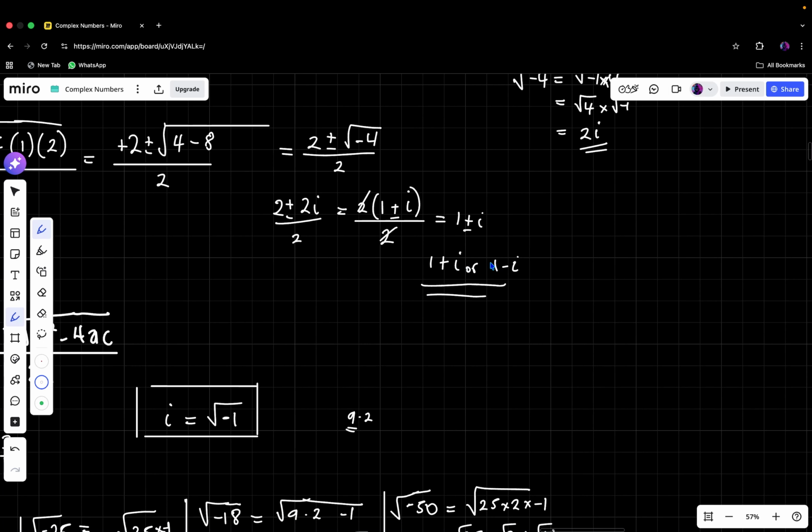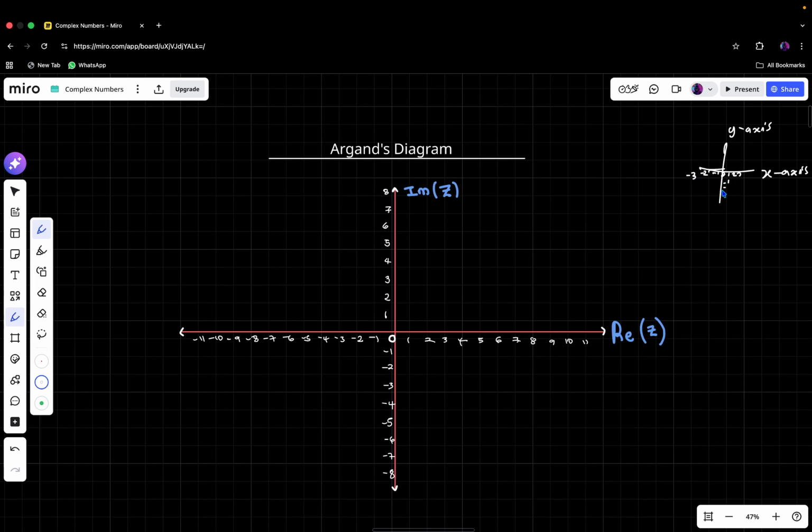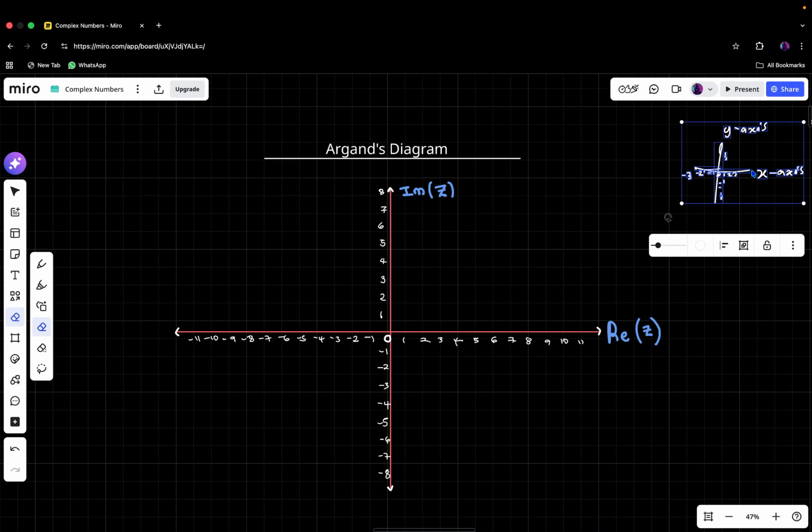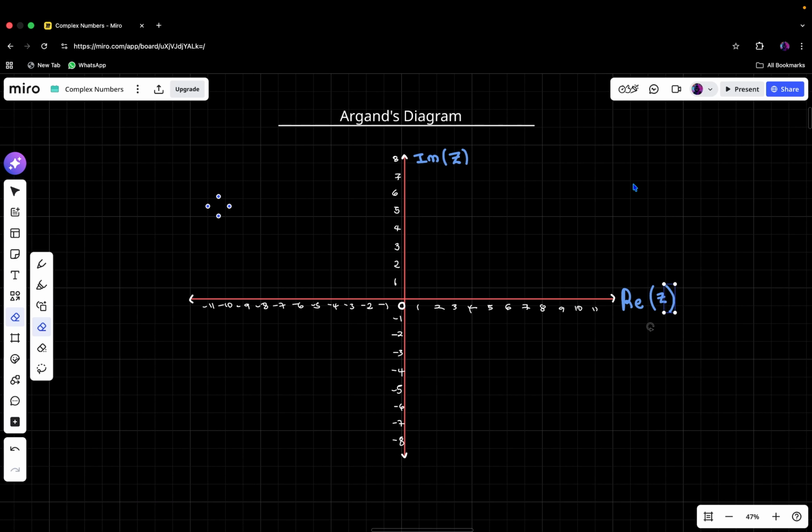This will be the negative side, -1, -2, -3. This will be -1, -2. This will be this, and so on. It's the same thing. This one I just did is what we call the Cartesian plane. Now, if you want to represent a number on the Cartesian plane, let's say we are to represent